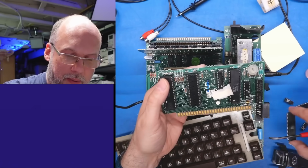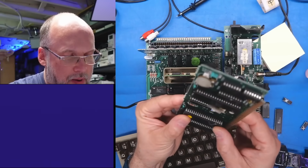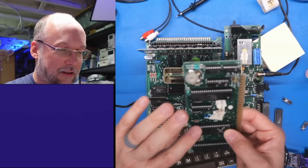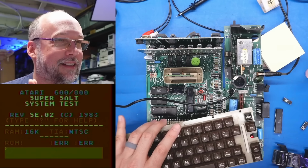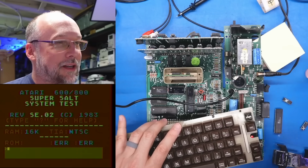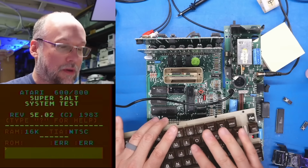How about if we pop out the GTIA, and I pop in my known bad one. Let's see if this cartridge would have helped me test and diagnose this thing before I knew that that chip was bad. Wait a second. Wait a second. I don't understand. How is the computer working? I am super confused